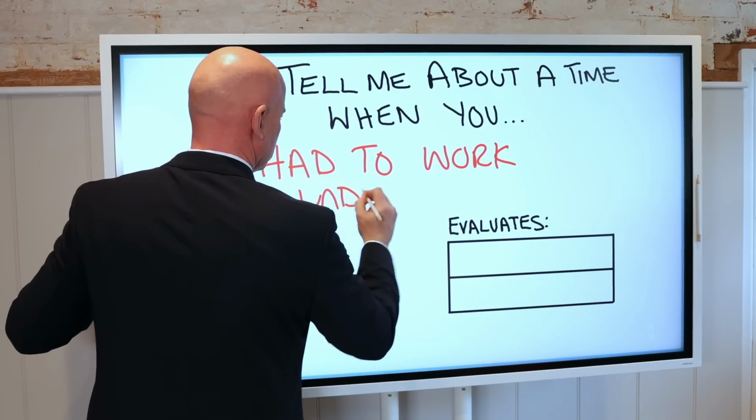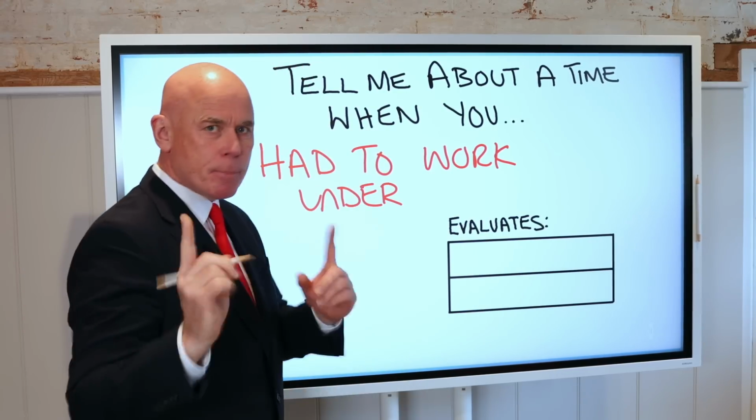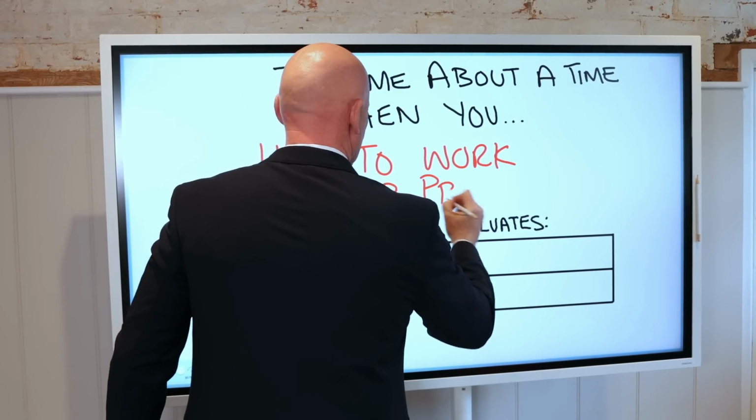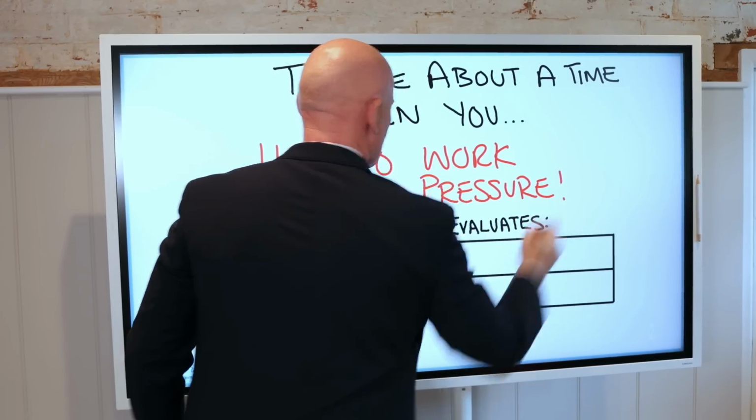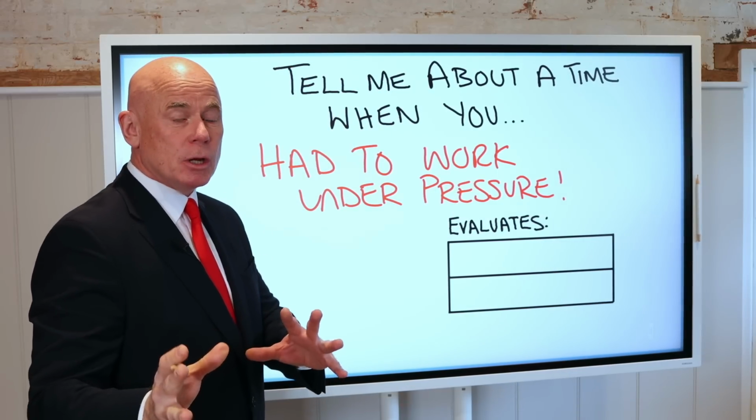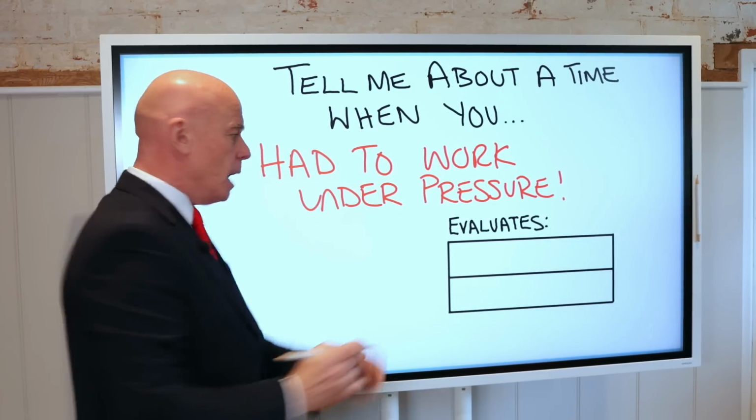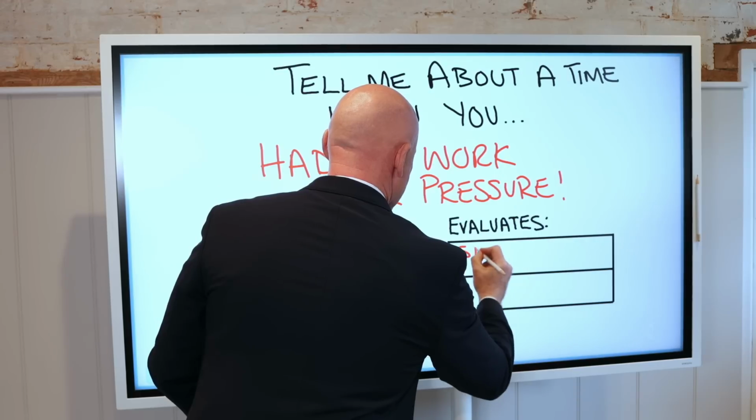Behavioural interview question number 5 is, tell me about a time when you had to work under pressure. This is another difficult interview question to answer correctly. This question evaluates 2 things. Number 1, your speed